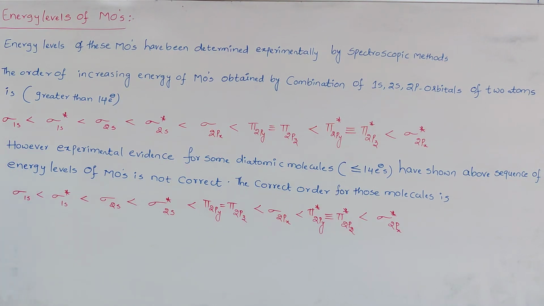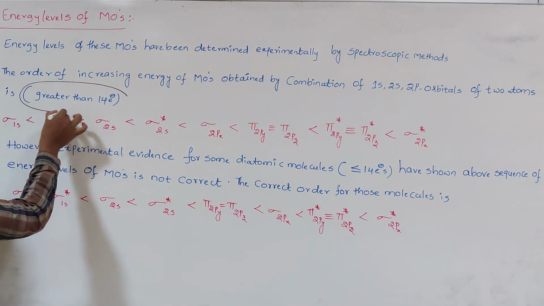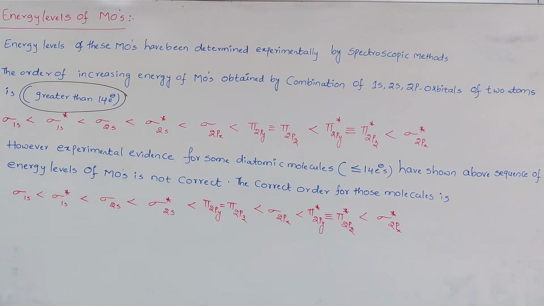Generally we can apply this, and you need to remember it, it is very important for drawing the molecular energy level diagram for any homodiatomic molecule. It is very important to remember that this order can be applied for more than 14 electrons. In whichever diatomic molecule, when we add the number of electrons, if we get more than 14, this is the energy order we have to follow. Suppose fewer than or equal to 14 electrons are present, the above sequence is not correct. So there is a small change.